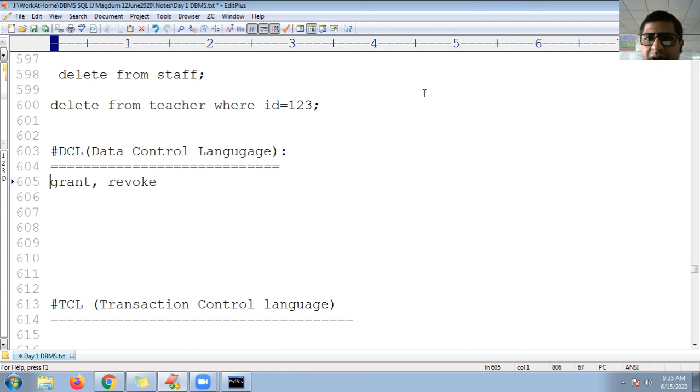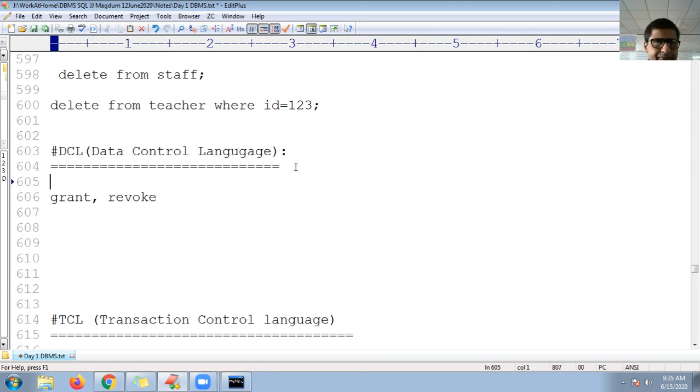So, guys, our meeting will end within 4 minutes. What shall we do? Shall we stop this meeting and continue the DCL part in a new session, or shall we continue now itself? You only tell. Otherwise, what will happen is this point will disconnect again and I need to re-explain. Better rejoin. Okay, fine.